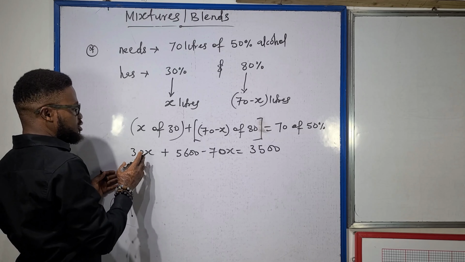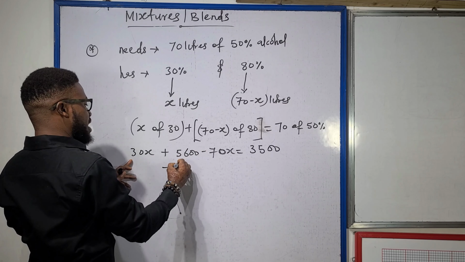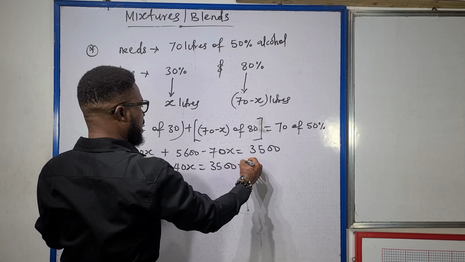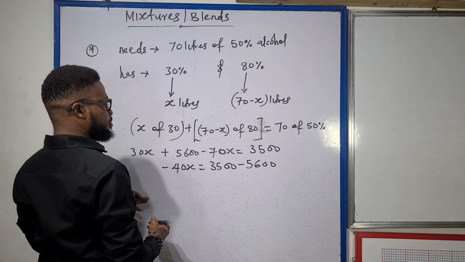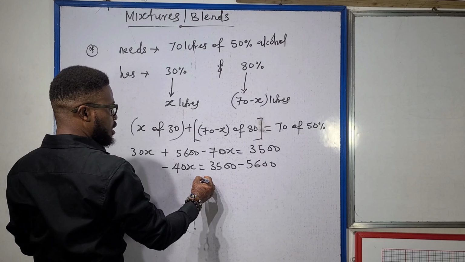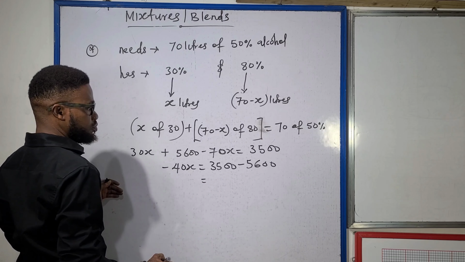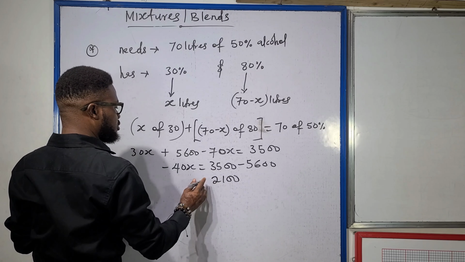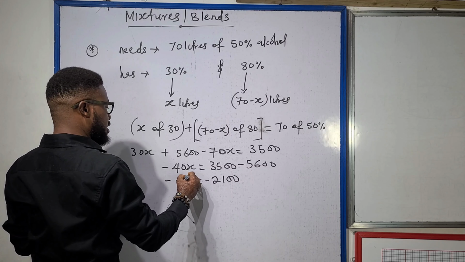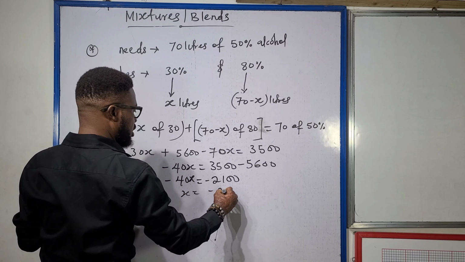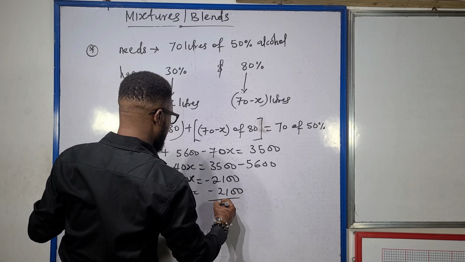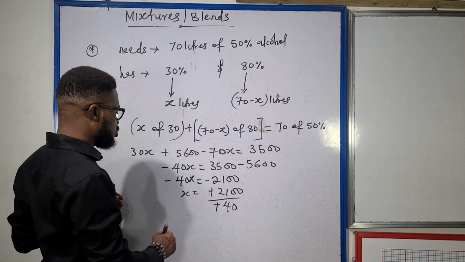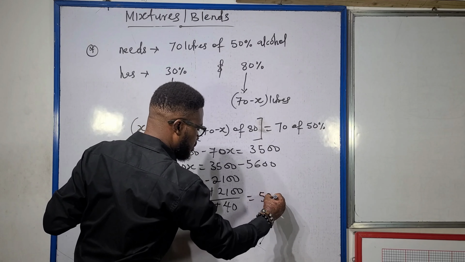So this is the equation I need to solve. 30x minus 70x is minus 40x, equals 3,500. This moves to the other side, minus 5,600, and this gives you minus 2,100 equals minus 40x. So x equals minus 2,100 divided by minus 40. Minus cancels minus, so x equals 52.5